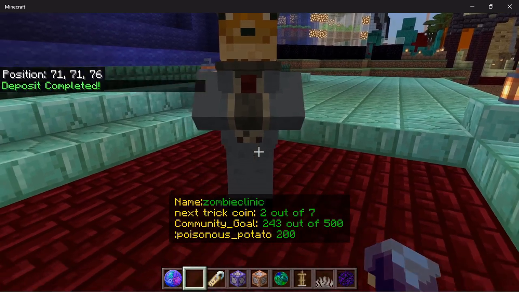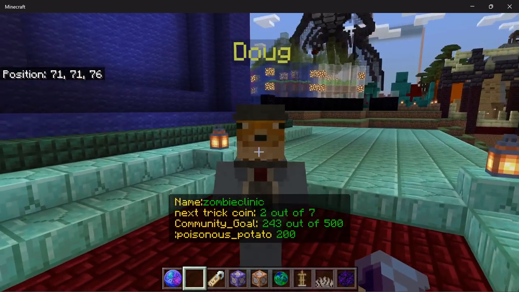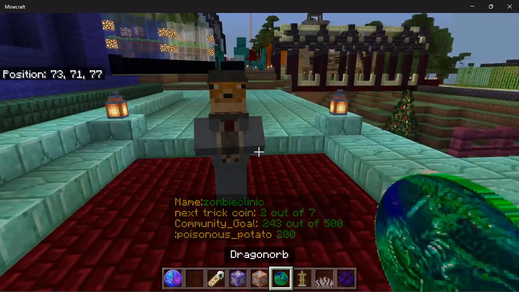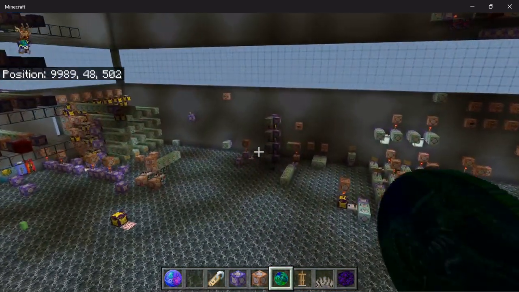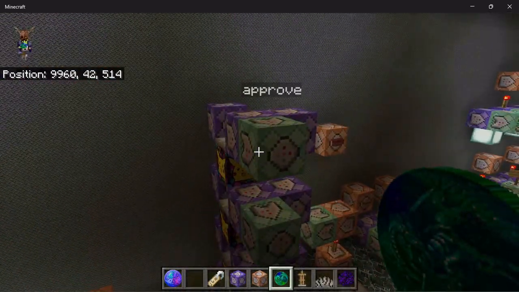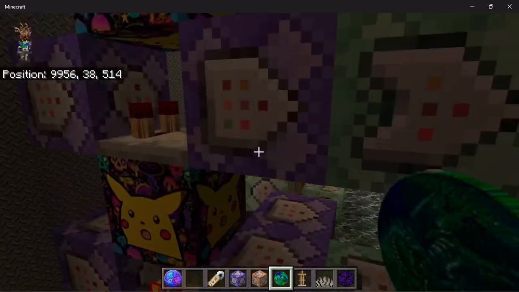So that is Doug. At least this part of it. So then this is done. So now we can go back to the command room. Now here's the fun part. So we have multiple levels here. This is all for the community goal. So we'll start from...